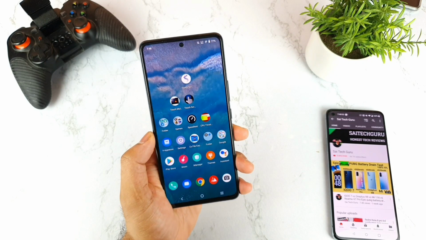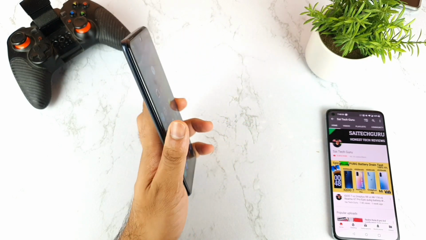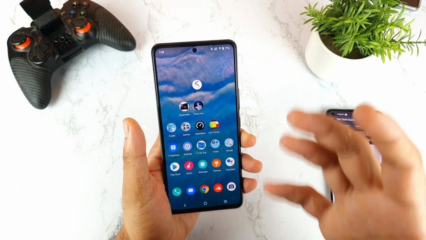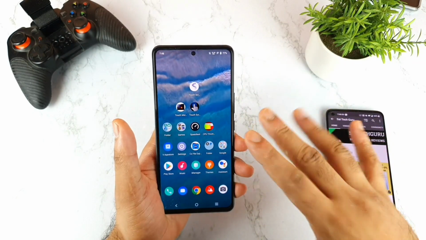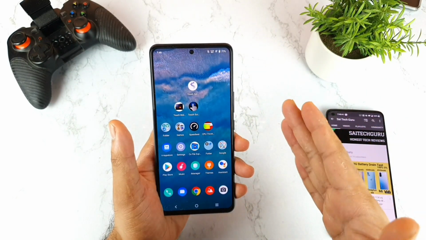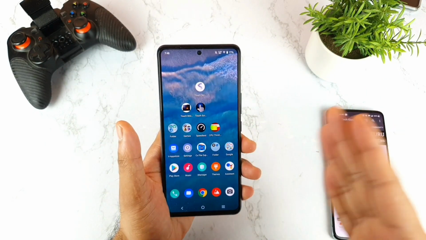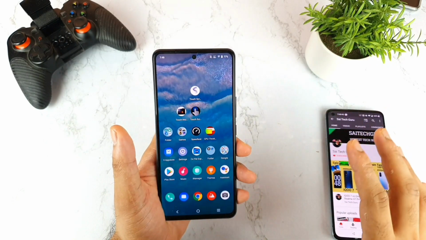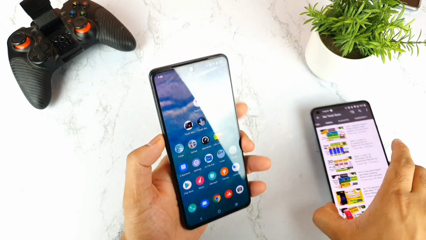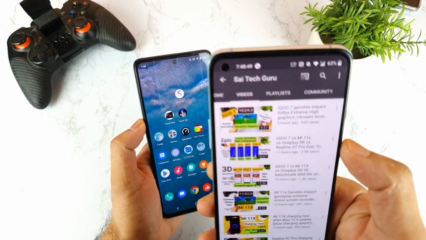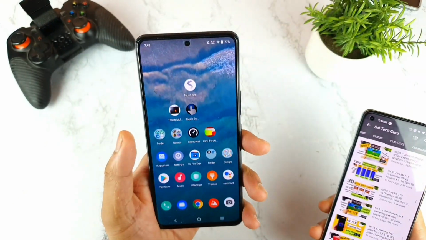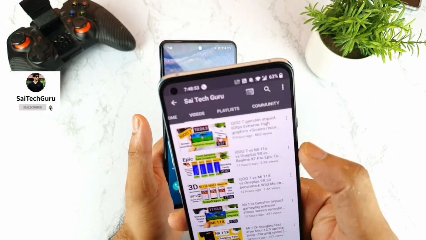In today's video, we'll try to do the touch sampling rate test on this IQ7 device after adding the applications into the ultra game mode. Friends, without adding into the ultra game mode and with adding into the ultra game mode, it makes a lot of difference. Just yesterday I uploaded a video on this particular topic comparing with other smartphones, where the IQ7 phone didn't perform well.